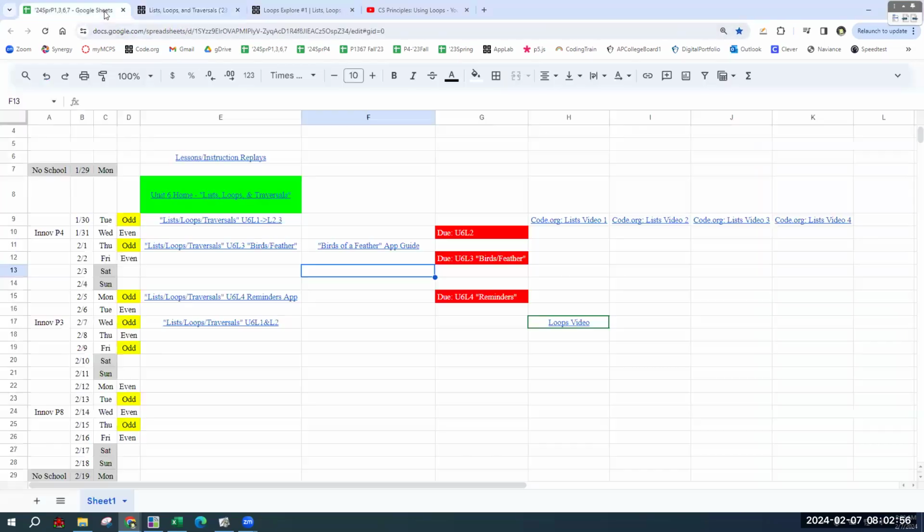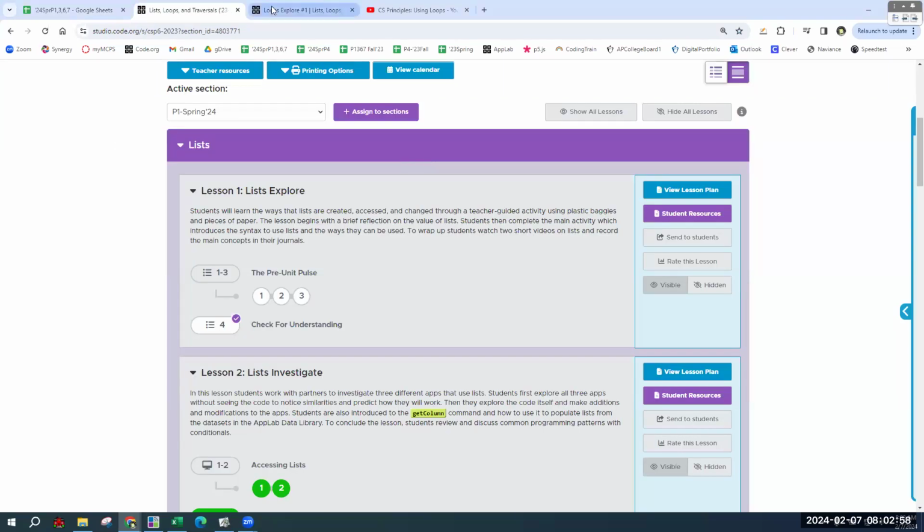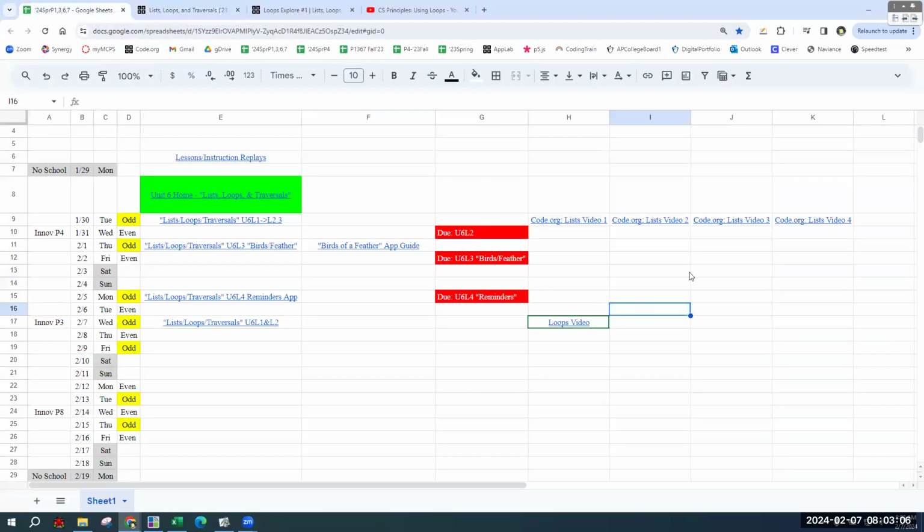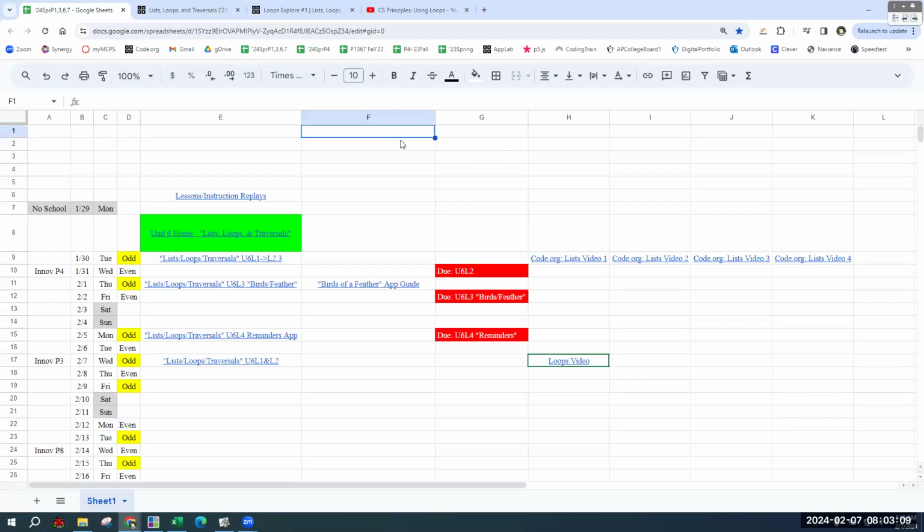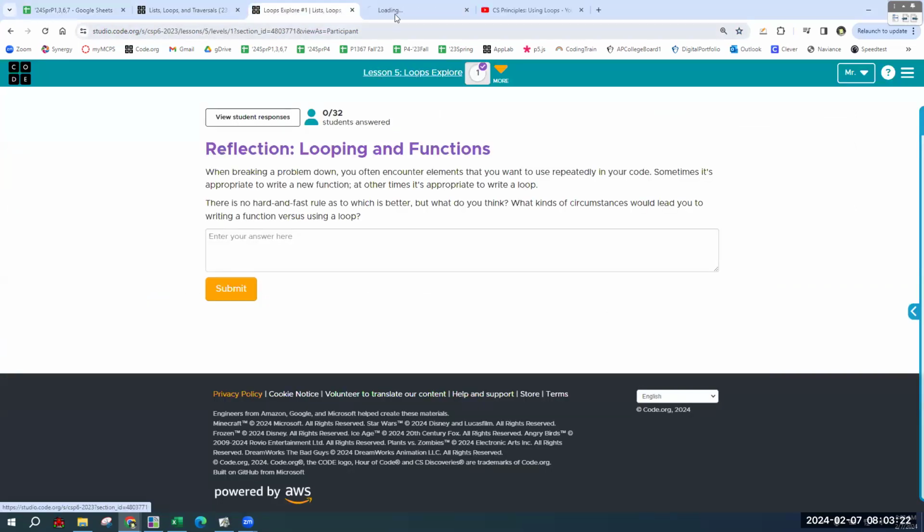Those of you who were not in my class last semester, I'll put some links up there for you to get to because they are important. It's going to be on you to go back and do it. But while you're doing this, you can go to the current unit, lesson 5. The only bubble is a check for understanding,